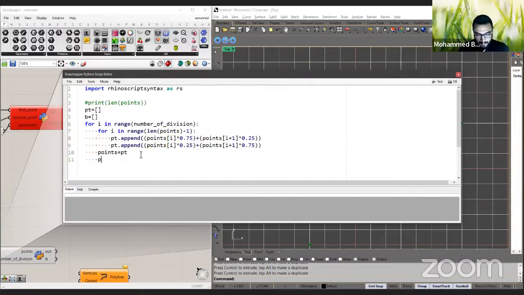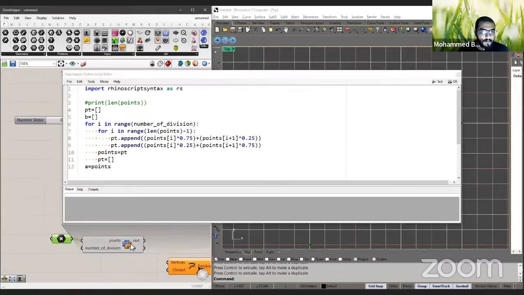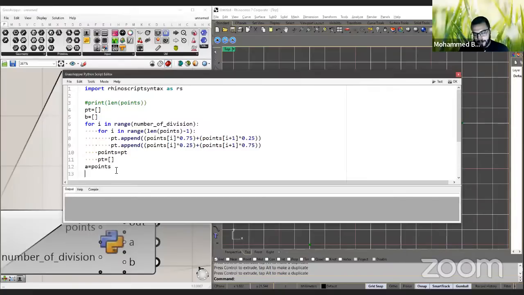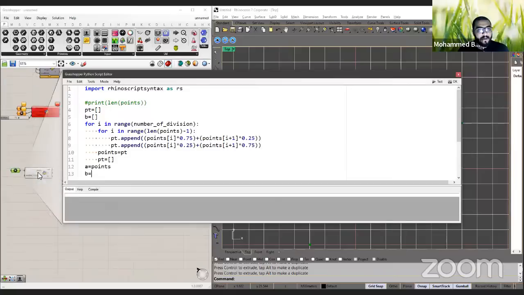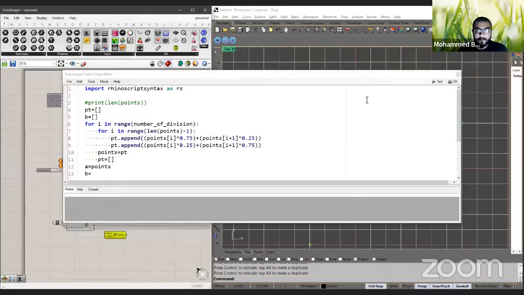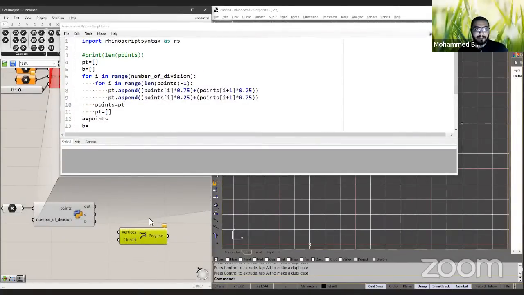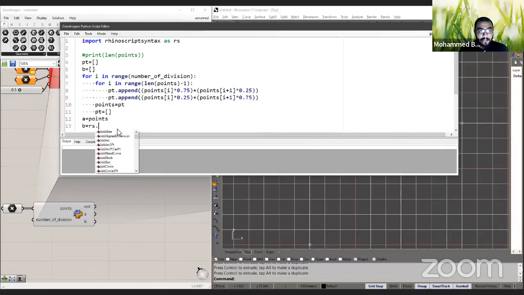And after that, I tell it, just for sanity check, empty the list. It is like that, the list is empty. So, and A equals to points. Let's say, have here A. Okay, we have A and we have B, and now we don't even want to use this. Let me show you, because we can just use Rhinoscriptsyntax to have add polyline,